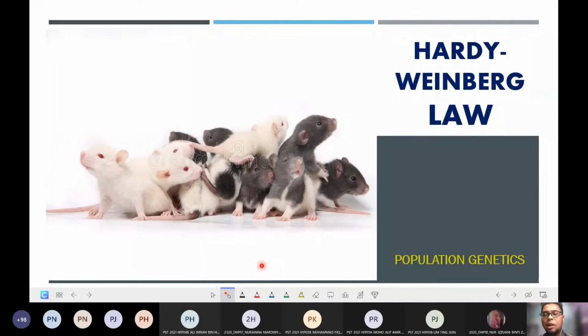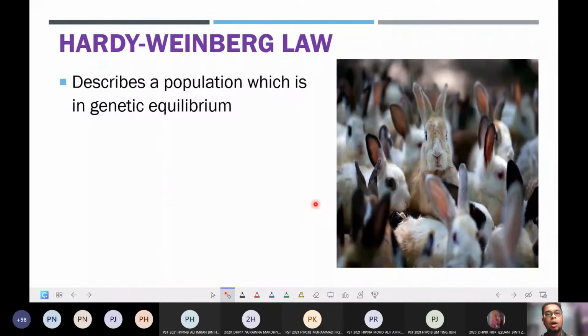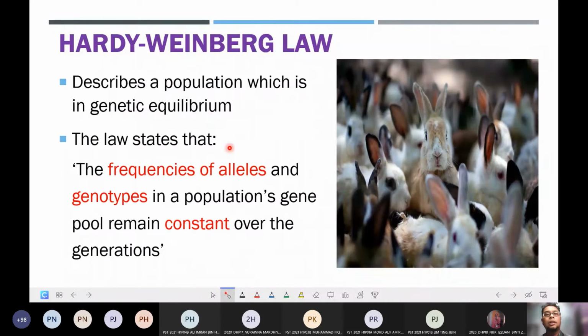We will go now into the second part of this topic number 5. Okay, and this will be subtopic 5.2 about the Hardy-Weinberg law. We continue with the law of Hardy-Weinberg, in which this particular law describes a population which is in genetic equilibrium. The law of Hardy-Weinberg states that the frequency of alleles and the frequency of genotypes will remain constant